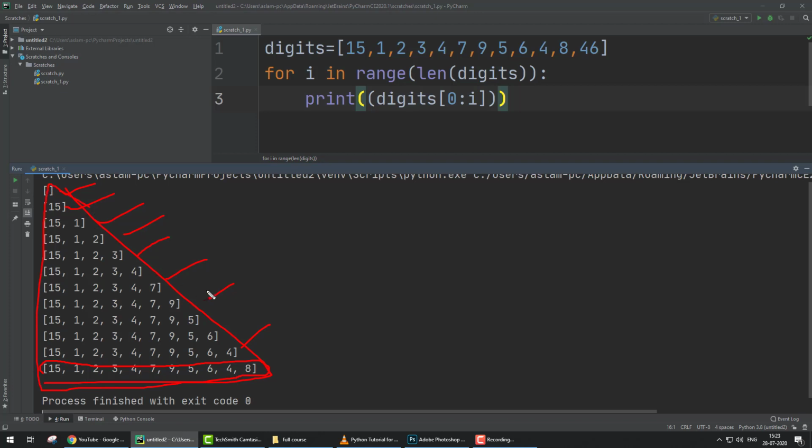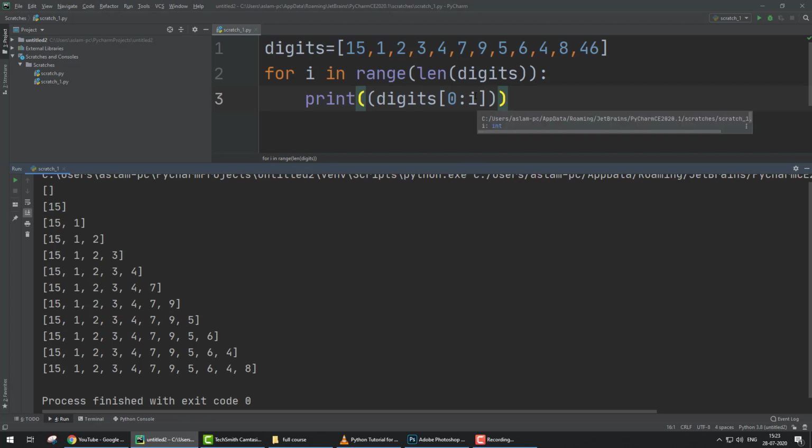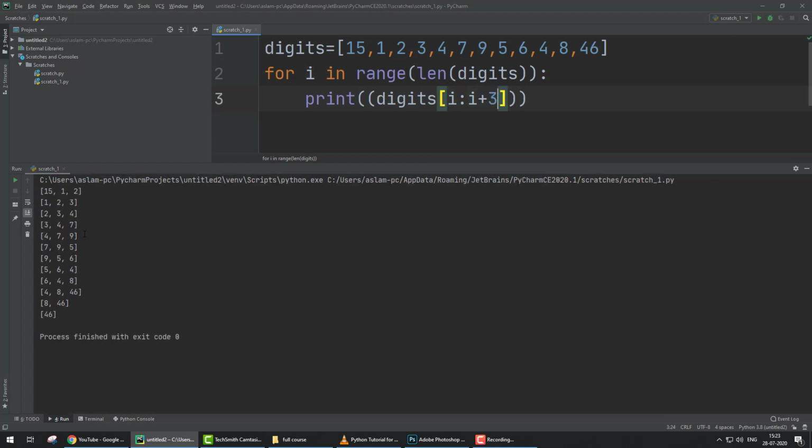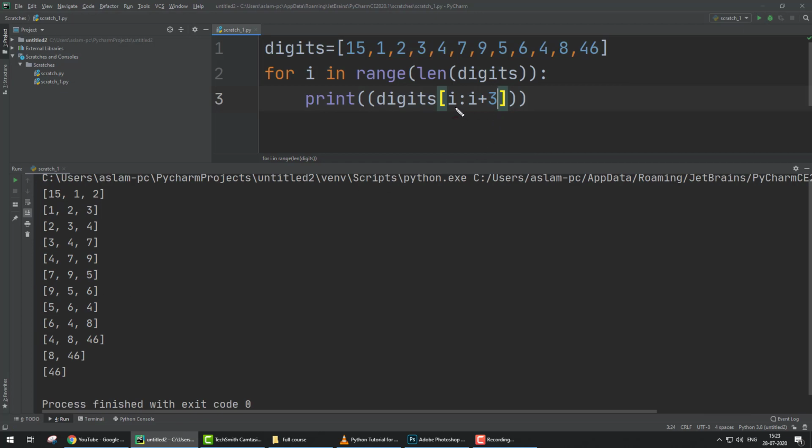So you can create data like this. Okay, what happens if we replace the 0 with i, and use i plus 3? Run, you can put it. Let's check. The value of i is 0, starting from 0, which is 15, and the range is i plus 3, which means 0, 1 and 2.